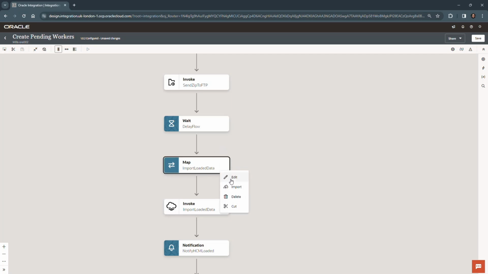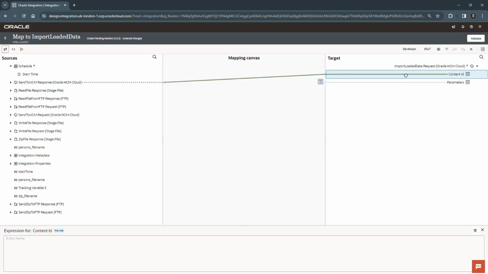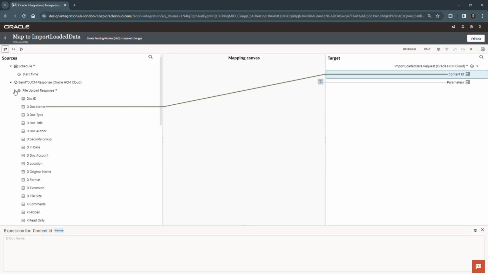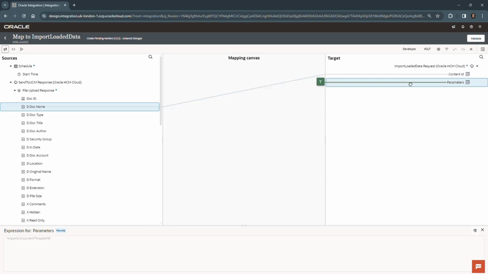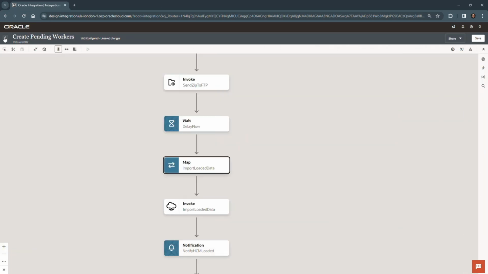So in the mapper that comes up, what it needs are a couple of things. It needs the content ID, which essentially is, well, you uploaded something. When we sent it to the UCM, the response we got back from the UCM provided the document name. So that's actually an ID. That ID is now being provided as what we want to be loaded, and then the parameter needed to indicate the import concurrent threads equal to 8. That's just a property they need to specify what kind of priority they're going to use for loading